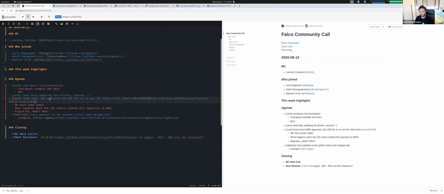The problem is that Packet doesn't provide many high-level features like S3 and other things that we need. Another problem is that the Falco maintainers team is not a team of SREs, so we don't want to maintain a Kubernetes cluster on Packet.